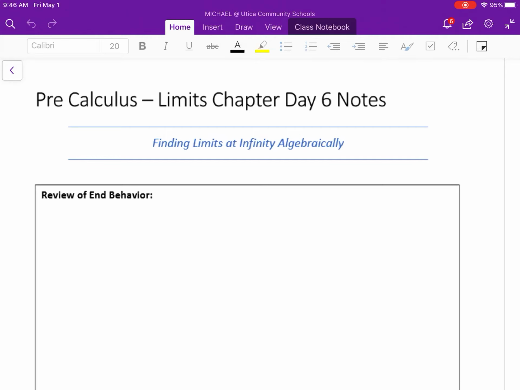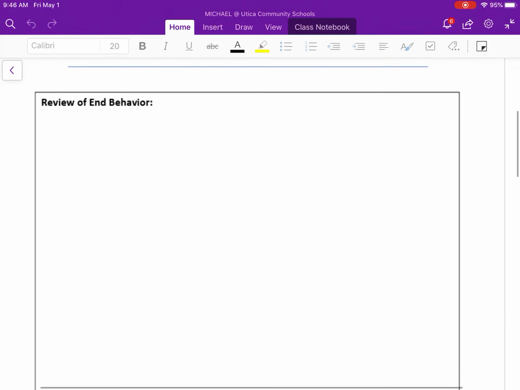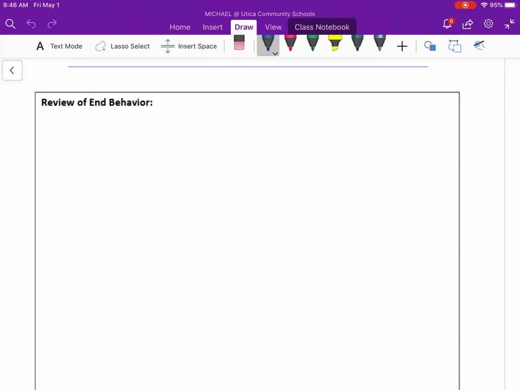So in today's lesson, we're going to be looking at finding limits at infinity algebraically. To do that, we're going to need to look at a few things to start, just a little review of end behavior. So if we start with a couple of examples, for example, if I have a function f of x equals